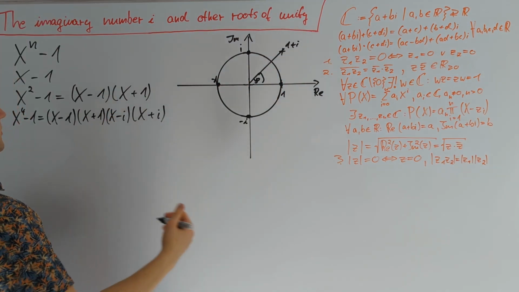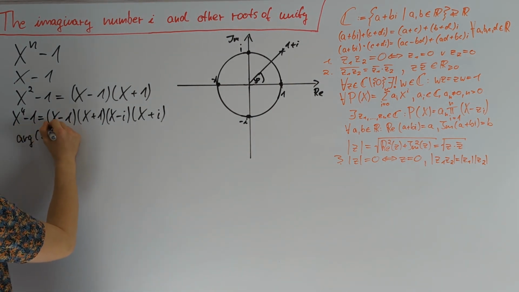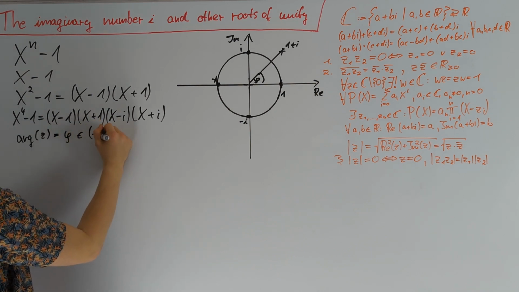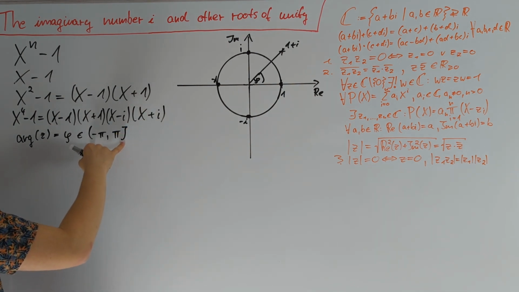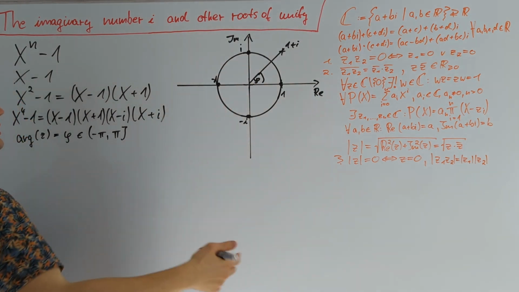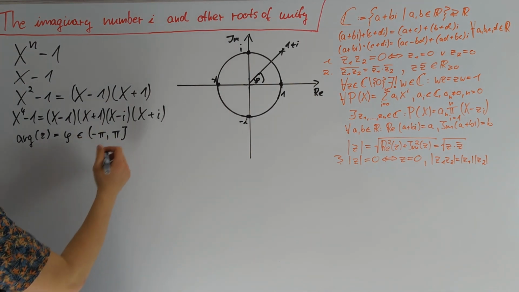In other words, for a complex number z, we define its argument, arg z, to be the angle phi in the interval that is open at minus pi up to plus pi. Here, this choice of interval is really arbitrary because we can associate any angle phi with phi plus k times 2 pi. It really never makes any difference, but here we choose that interval,